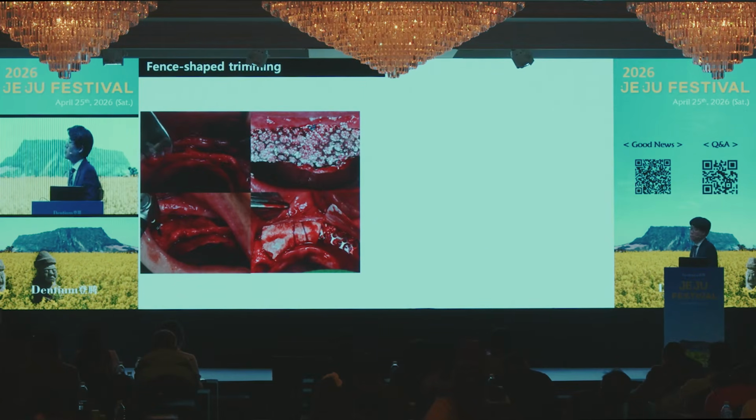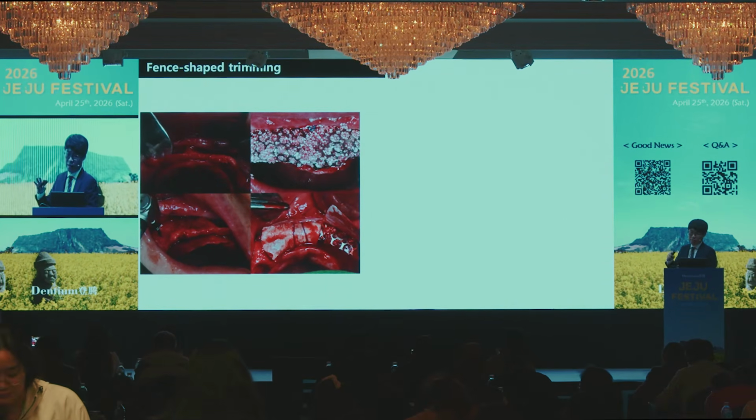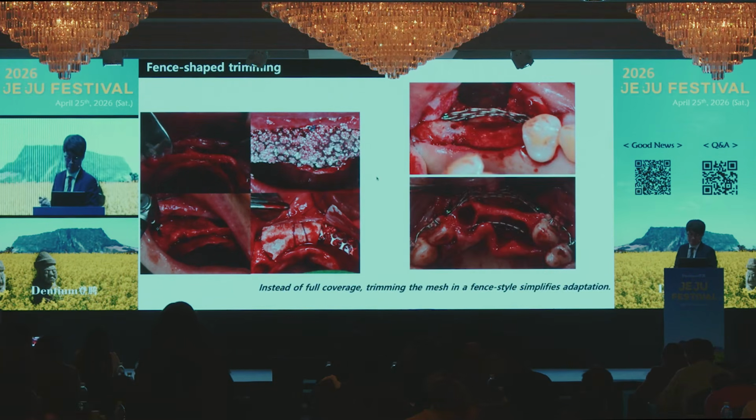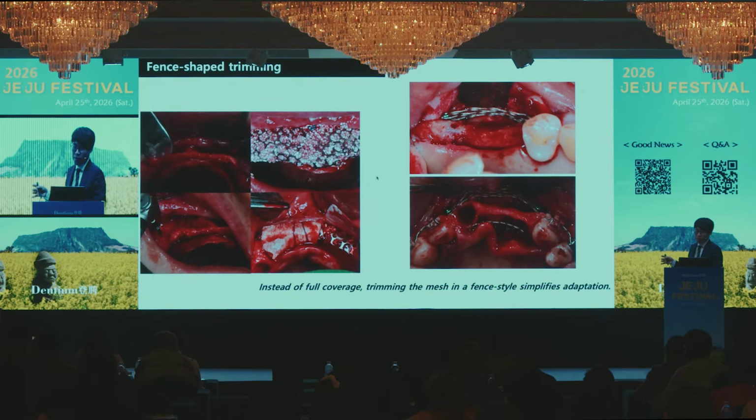The next question is, do we always need full coverage with the mesh? Especially in very thin ridges, do we have to completely wrap the defect? Not necessarily. In cases where we need only horizontal augmentation, the main issue is the graft collapsing or flowing out along the lateral wall. So instead of full coverage, you can simply place the mesh on the buccal side or lingual side,